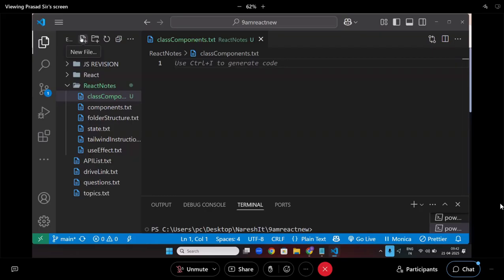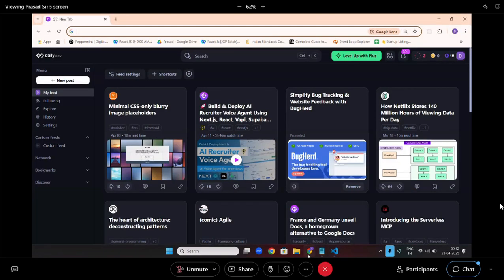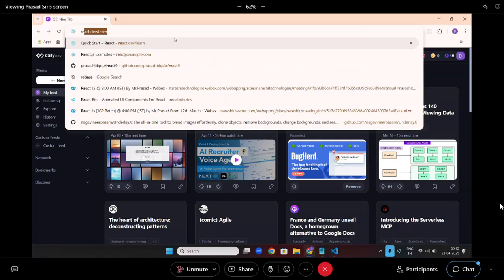Now I will tell you what a class component is and what the difference is between a class component and a functional component. You all know how to create functional components now. You all know how to build a basic app with functional components also. But today we will discuss how to do the same thing in class components, how class components work. Mostly it's theoretical, because if you go to the official website react.dev,